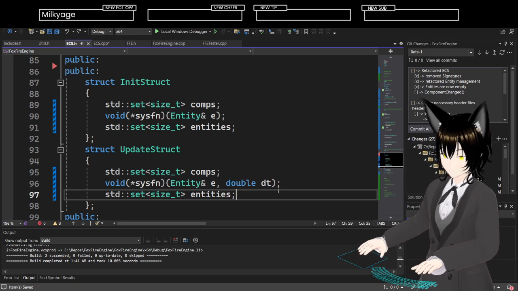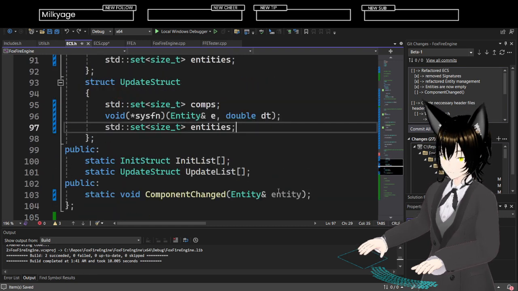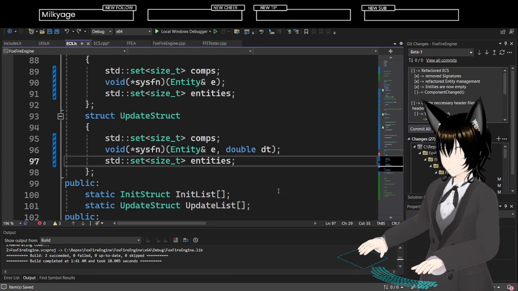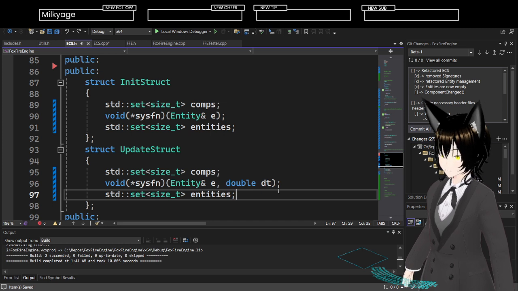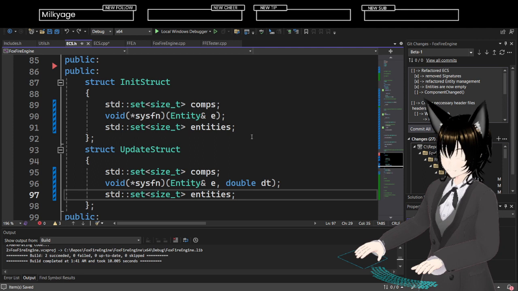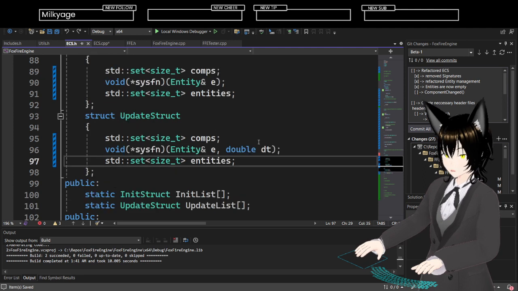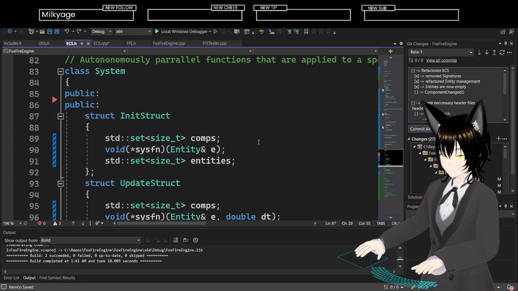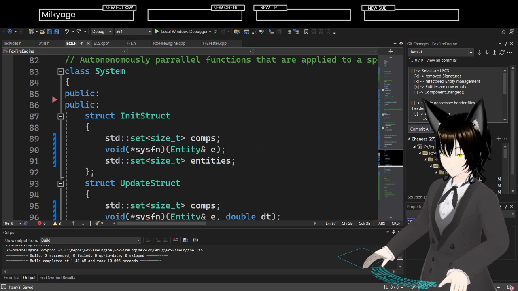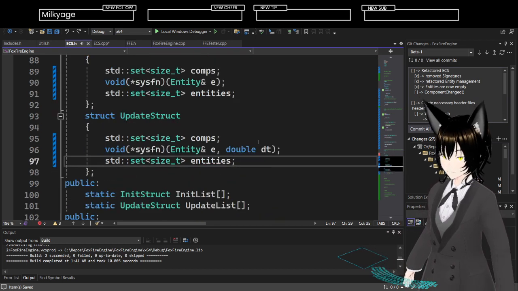Set size T. Well, the size T is just the pointers, right? Okay. Alright, because I do need a list of... Because one way of doing it is that I would have a list.